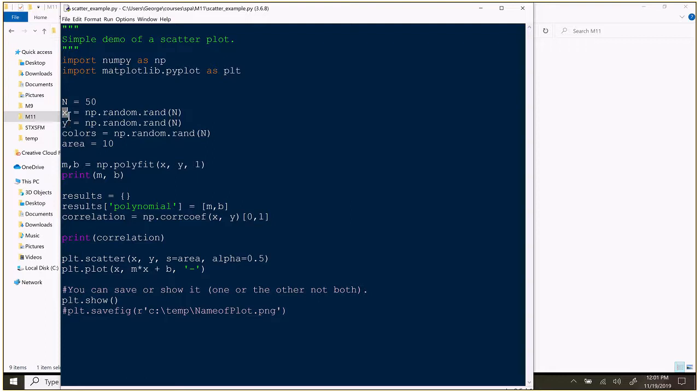So X is an array and Y is an array. Okay. And then what's new this week? So we've done all this stuff before,